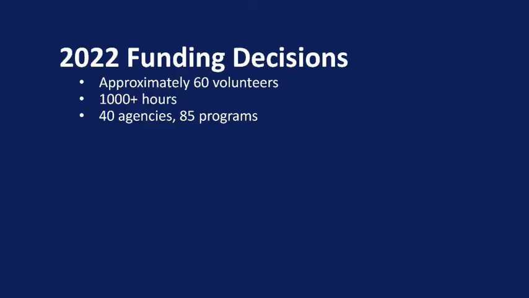The Community Impact Division is made up of approximately 60 volunteers, and we divide those 60 volunteers up into 6 different committees. So we refer to them as our teams. And we really do that so that each one of those teams is reviewing similar types of programming. And that really allows them to better understand the needs for that particular impact area within the community. So they can really be much more confident when they're making their funding decisions, having all of that information.